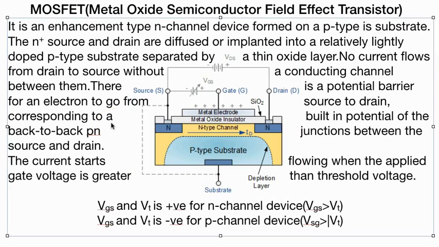When VGS is greater than the threshold voltage of the MOSFET, then the device becomes conducting. The VT is positive for N channel and negative for P channel. We have talked